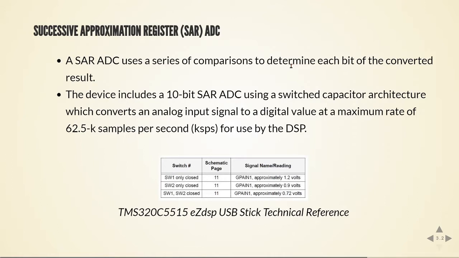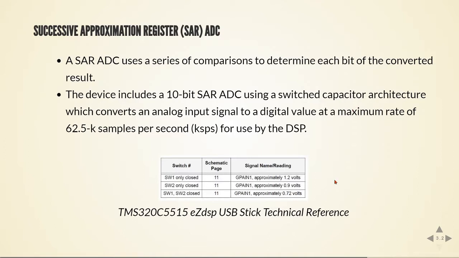converted result. You can read more about successive approximation ADCs, and there is the successive approximation register in the C5515. So the device includes a 10-bit successive approximation register ADC using the switched capacitor architecture that converts an analog input signal to a digital value at the maximum rate of 62.5 kilosamples per second for use by the